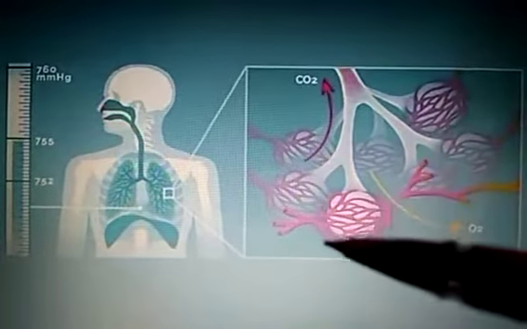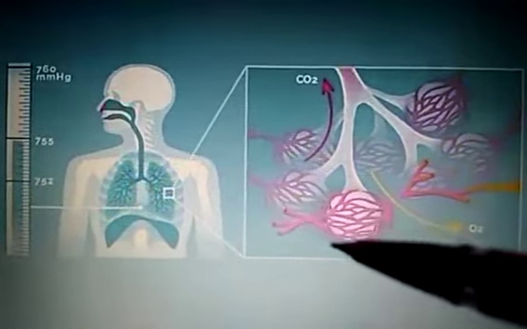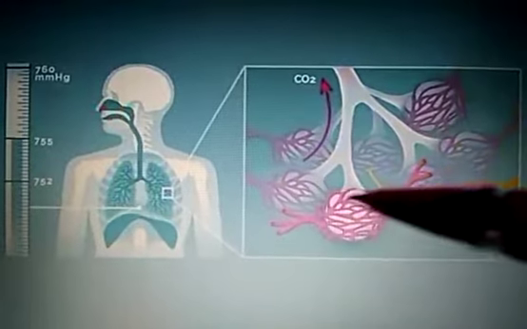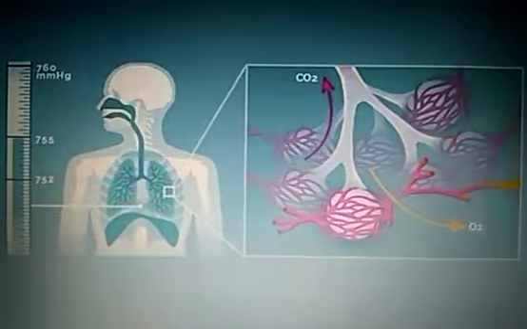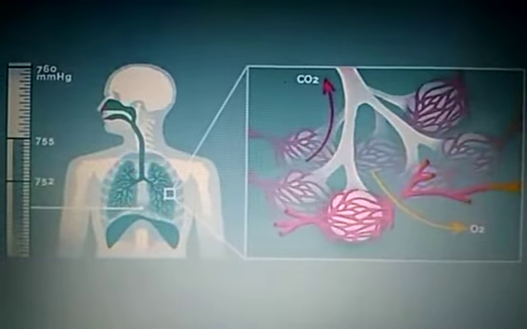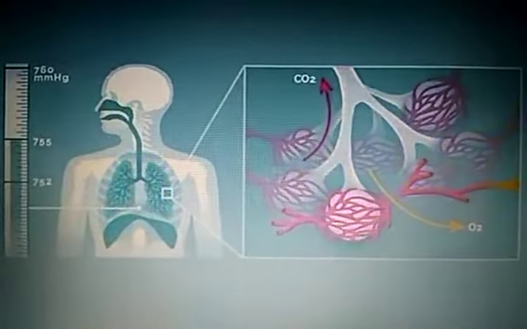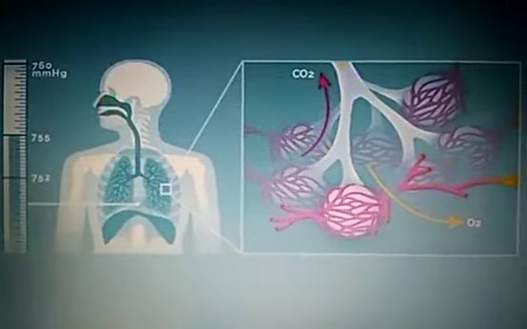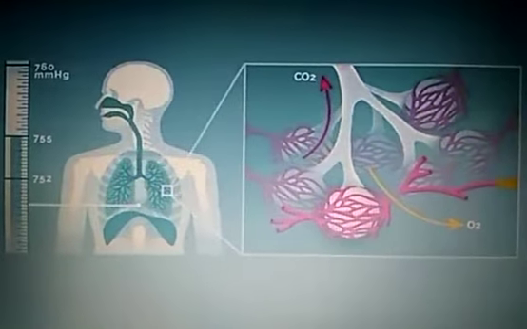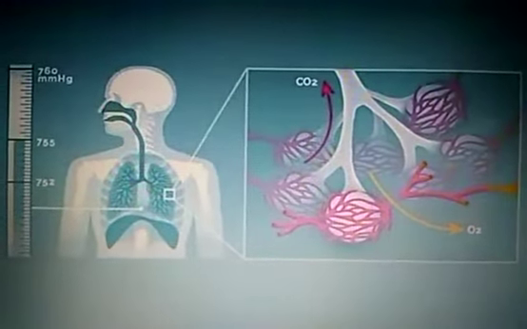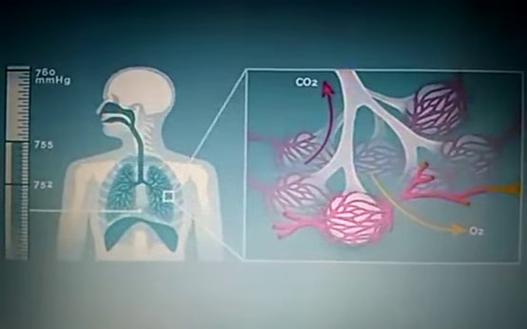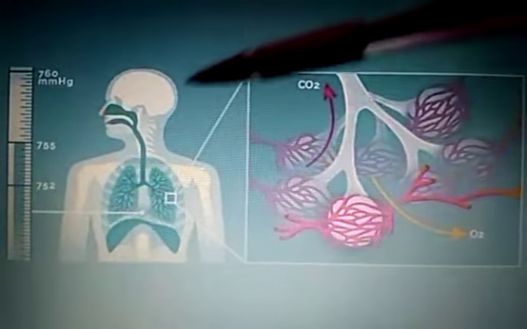Also notice in the figure that each alveolus is highly vascularized, meaning each alveolus is supplied with so many blood vessels. And one more thing to notice is that alveoli increase the surface area for gaseous exchange. If you take out all the alveoli and spread them on the ground, they will occupy an area of about 80 square meters. Okay, so this is the structure of the human respiratory system.